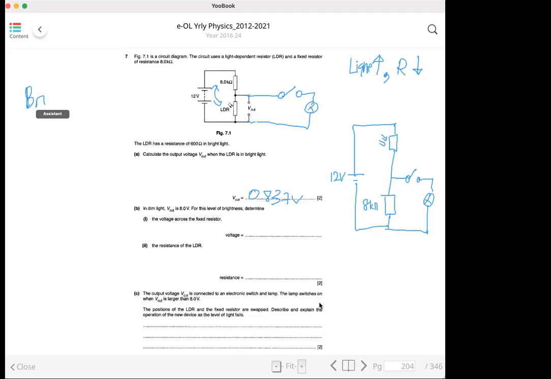Okay, in bright light, what happens? In bright light, this will be 0.8 volt. And then this will be 11.2 volt. Correct? So when it is in bright light, this V out